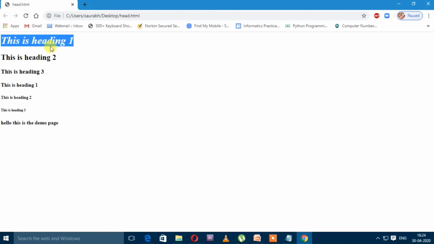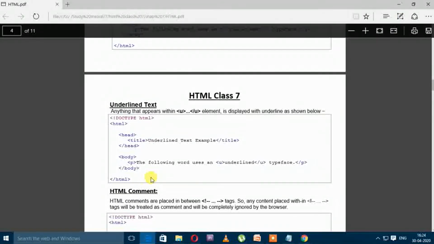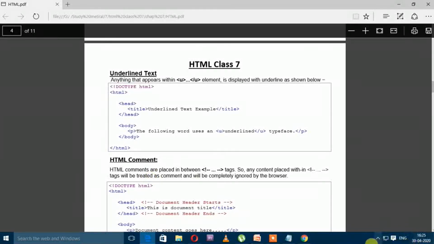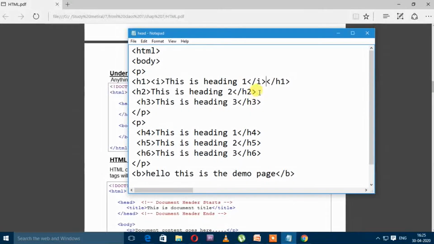The next tag which we need to discuss is the underline tag. Now with the same code in H2 I am going to apply the underline tag. As for bold we used B, for italic we used I, similarly for underline we will use U. We will use the U tag for underlining any text in the web browser.